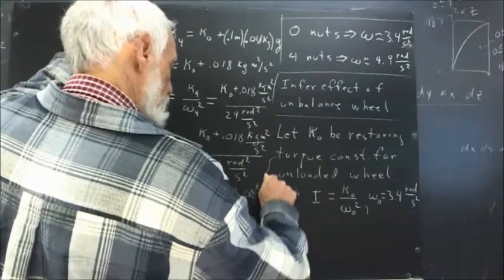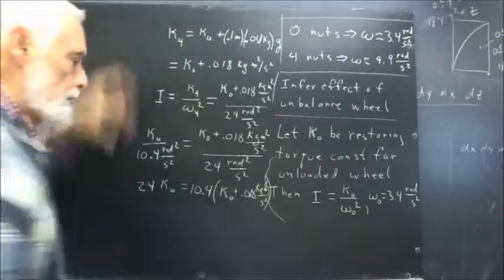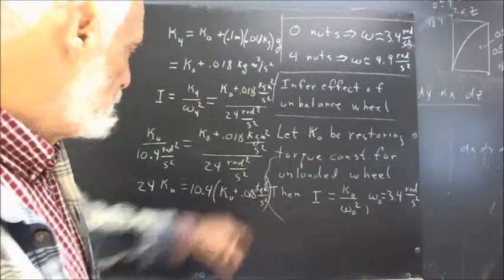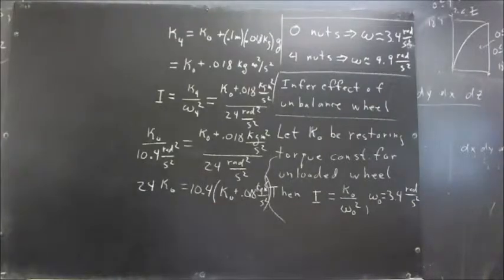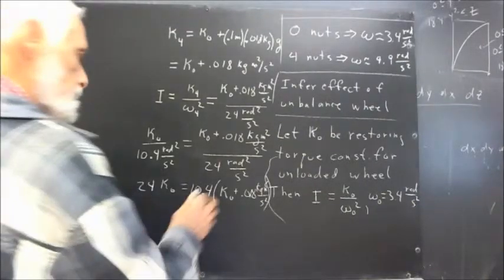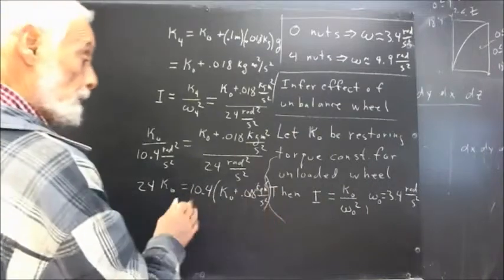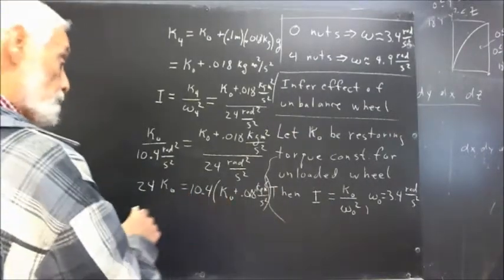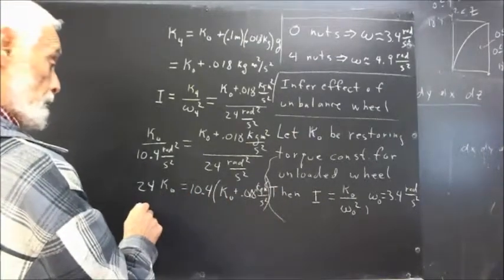I can't even read that, but we understand that's kilogram meters squared per second squared. So when we multiply through by the 10.4, subtract the 10.4 kappa naught from this, we're going to get